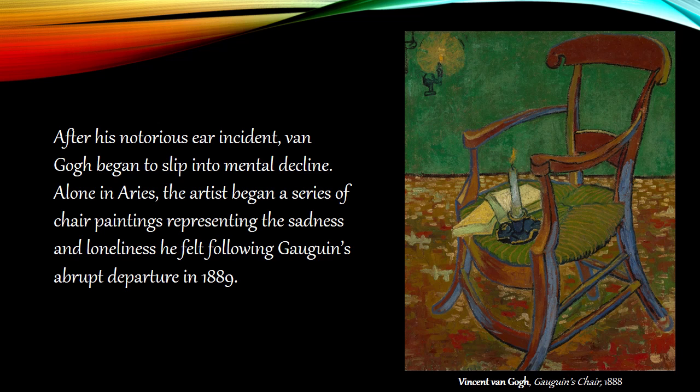Paul Gauguin eventually moved in with Van Gogh after financial encouragement from his brother Theo. However, they did not always get along. Despite being friends, in the end Van Gogh threatened Gauguin with a knife, forcing him to leave immediately. After Gauguin left, Van Gogh infamously cut off a piece of his ear. In 1889, sad and alone in Arles, the artist began to slip into mental decline and deteriorate rapidly.